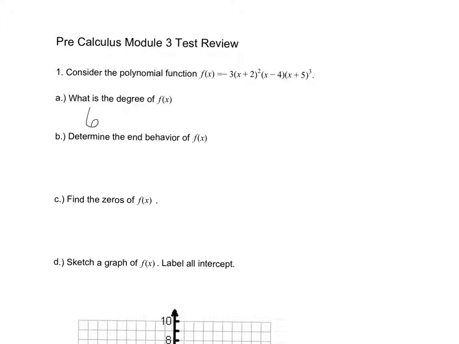Next, we want to determine the end behavior of our function. Based on the degree, I know it's even, and the end behavior is going to be the same on both sides for an even function, and the leading coefficient is negative, which means it's going to open down. So I know both of the ends of my graph are going to approach negative infinity. So my first statement: as x approaches infinity,